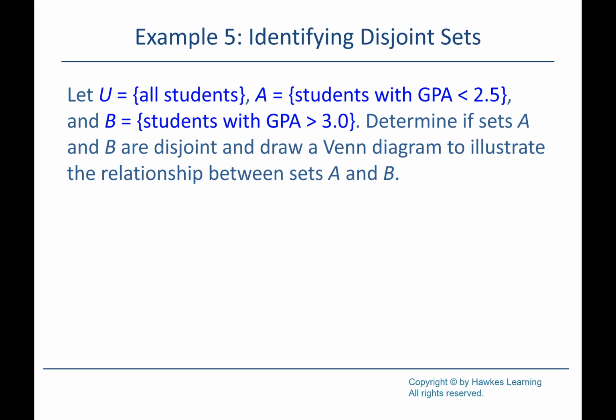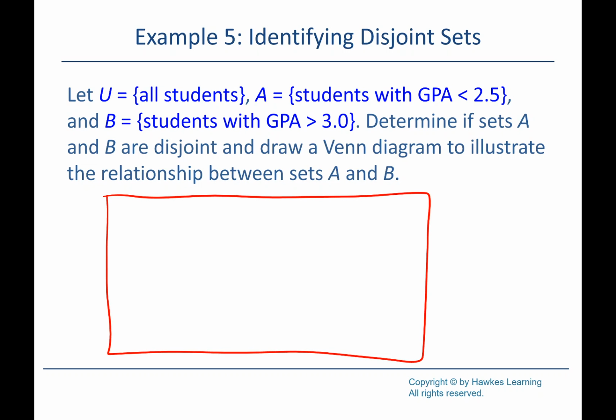So would those two sets be disjoint? Are there any people in the overlap, in the intersection? No, not on this one, because if you have a GPA less than 2.5, your GPA can't also be greater than 3. Right? You have to be in one or the other. You can't be in both. Okay. So we would say these two sets are disjoint,